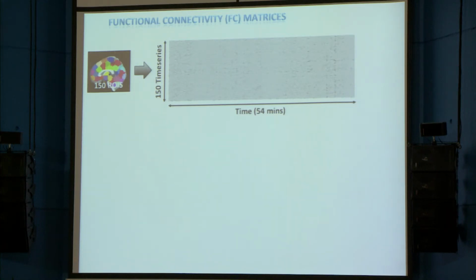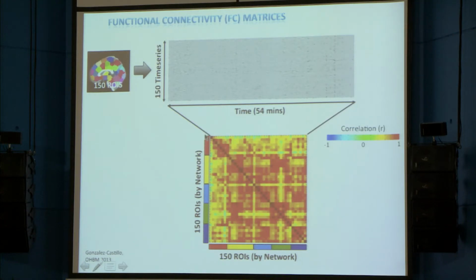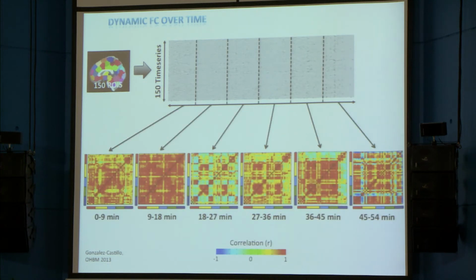So in the last part of my talk, I just wanted to talk a little bit about further steps we're taking to pull out more information from the time series. We decided to, once again, look at the time series, and in this case, segment them more intelligently. Instead of what I showed before, like 100 random segments, we're taking segments that correspond to the specific best-known networks in the brain. So these are the 150 regions of interest organized by network. This happens to be 5 networks in the brain, from default to motor to visual and so on. And it seems very clear, and this is where it becomes much more dramatic.